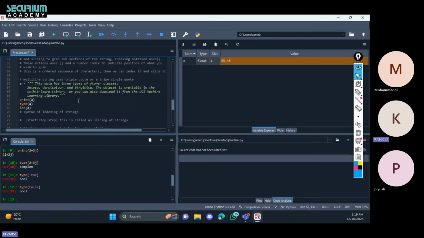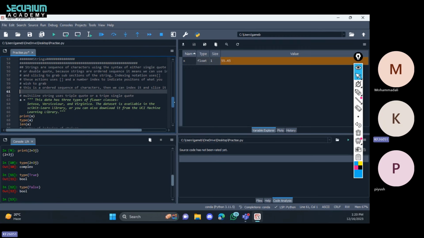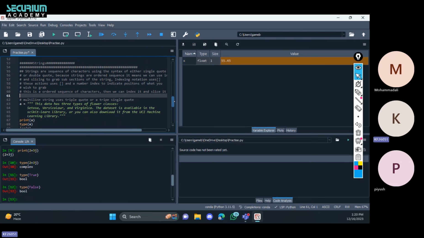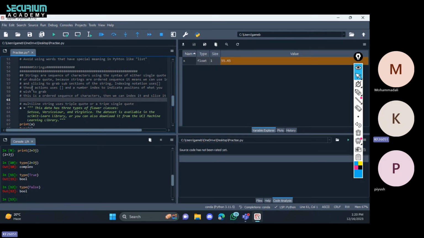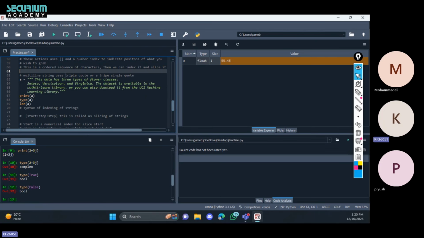Okay, when we are talking about multi-line strings, we have already talked about a string feature, but this is the perfect example of a multi-line string. What is multi-line? When we write a multi-line comment, we use hashtags again and again to tell Python that these are the comment section. But with a multi-line string, you can see here we are adding three quotes. A is equal to, see, when we are assigning this value,